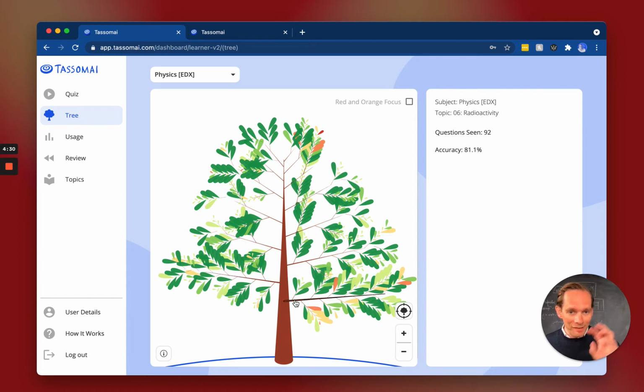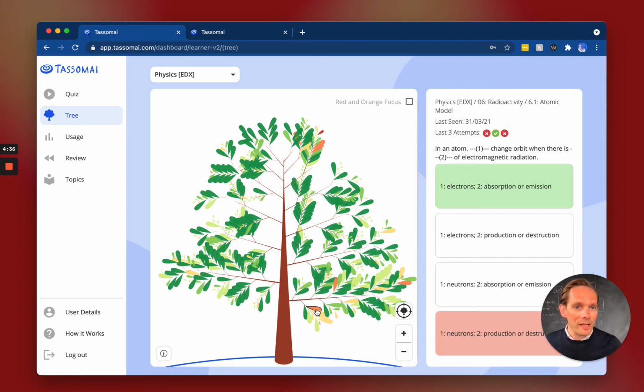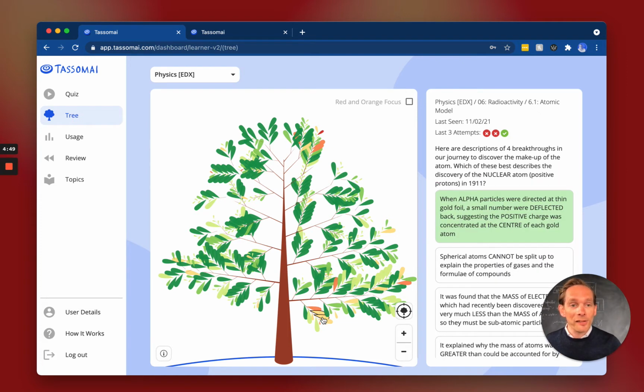And you can see as a student, I've got a weak branch, or I've got mistakes on the tree, these yellow and orange questions, and I can dig in and see what that question was, what the right answer was, and so hopefully direct a little bit of my own thinking or revision myself. We're about to launch a link in that takes you straight to bite-sized articles on this as well. So students have this data to